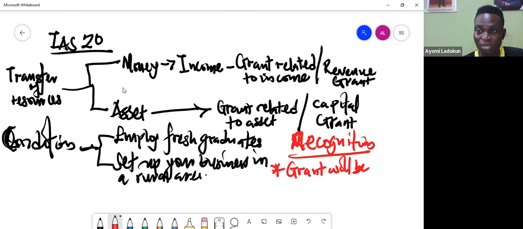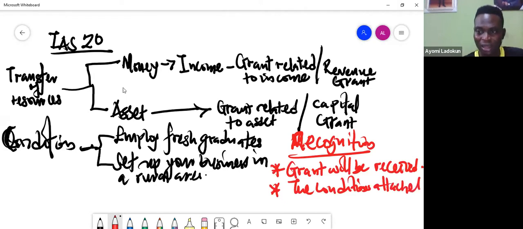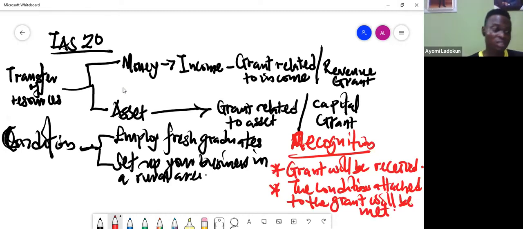So there must be reasonable assurance that the grant will be received. And two, there must also be reasonable assurance that the conditions attached to the grant will be met. All right, so that's the two conditions that have to be met